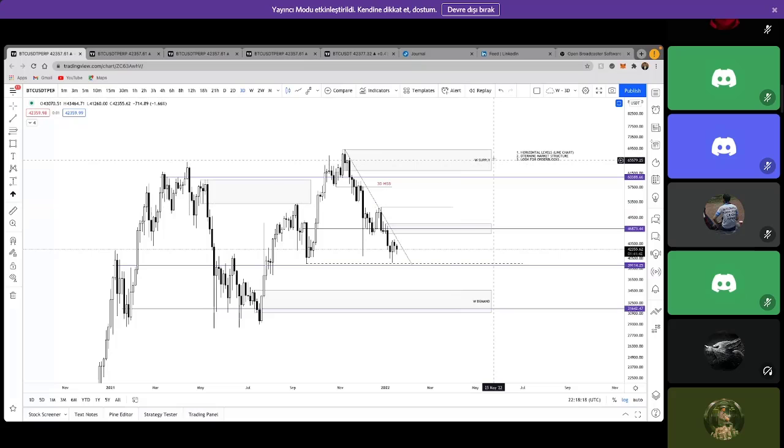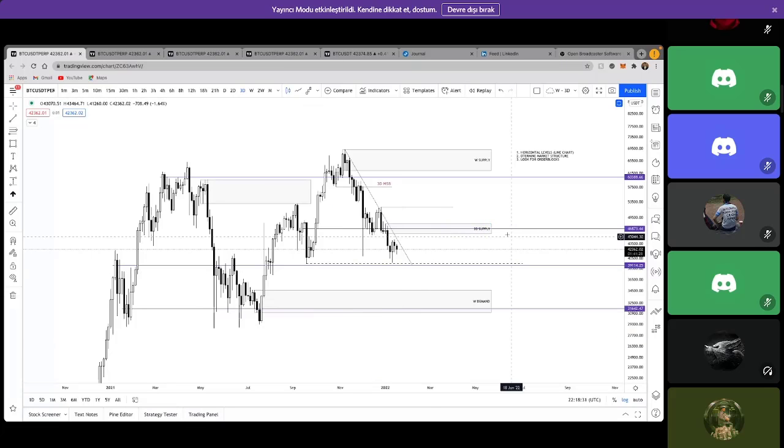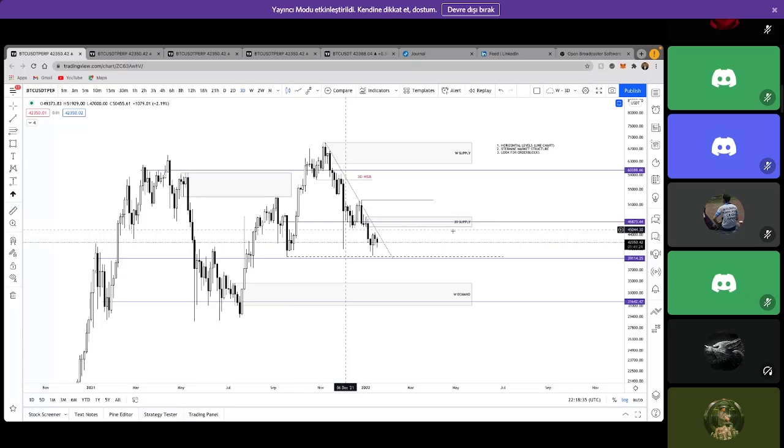That will lead us to a revisit of this order block. Not new all-time highs for now, but at least some upside. Revisit those upper levels, and yeah, this would be supply on the 3-day. And as you can see, I'm only marking out the order blocks that are aligned with the horizontal levels that